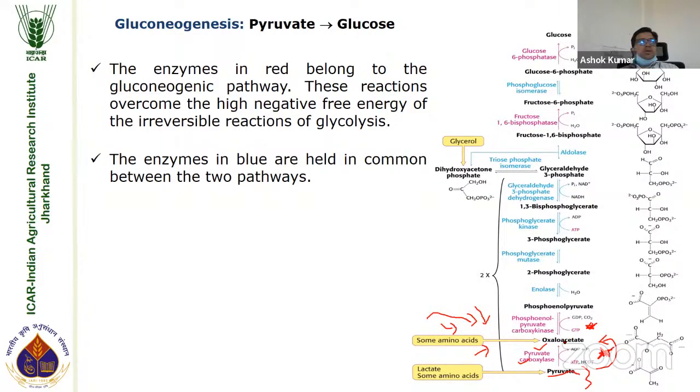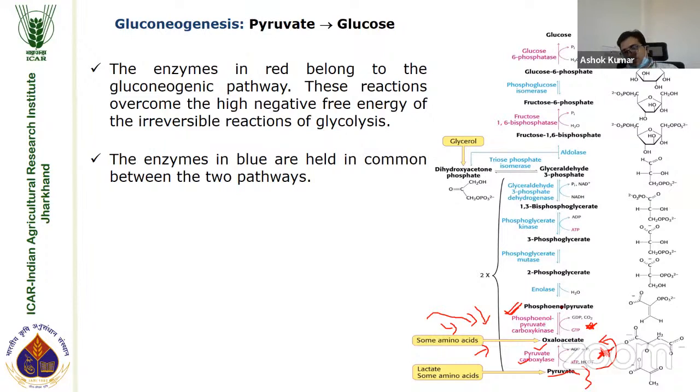Auxiliary state is nothing but carboxylated pyruvate. This carboxylated pyruvate is phosphorylated, and that phosphorylated product is phosphoenol pyruvate. You remember that in glycolysis, the last product was pyruvate, and the penultimate product was phosphoenol pyruvate. So converting pyruvate into phosphoenol pyruvate, we have two specific enzymes in gluconeogenesis, that is pyruvate carboxylase and phosphoenol